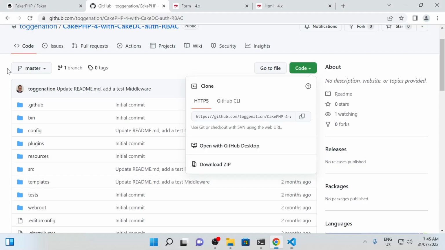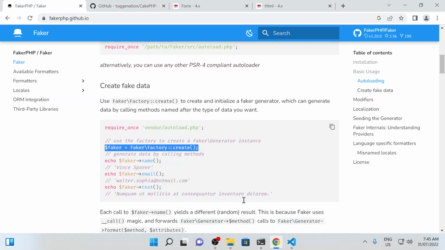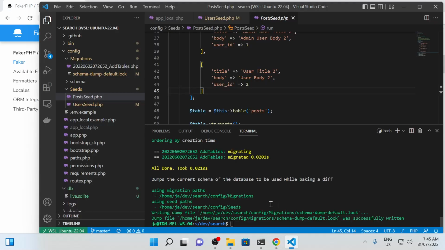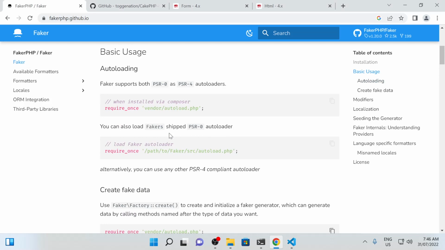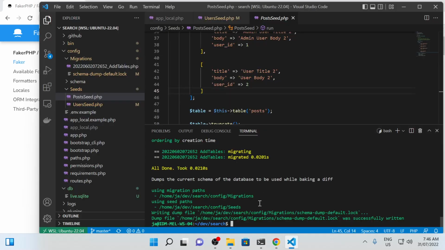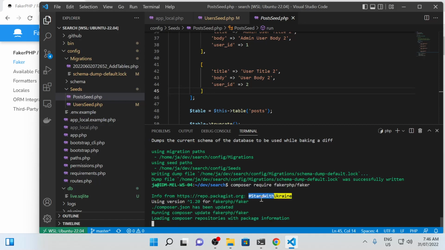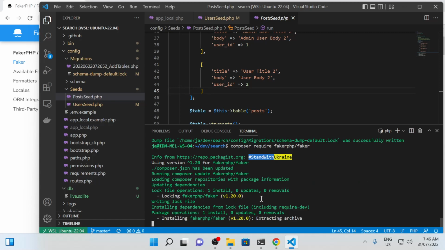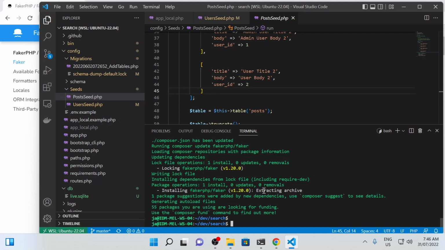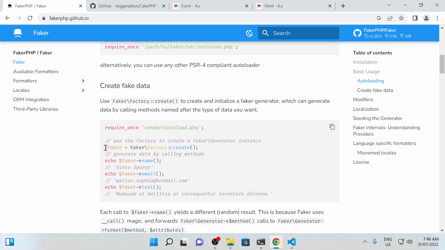So I'm going to use PHP Faker, and we just, oops, got a little bit ahead of myself there. We just need to go up and copy and paste that in there, and to use it you simply